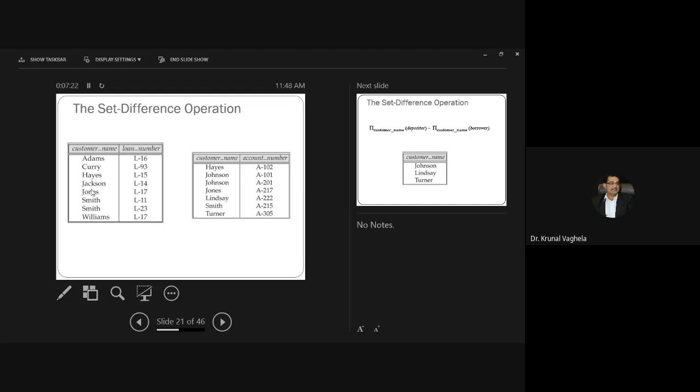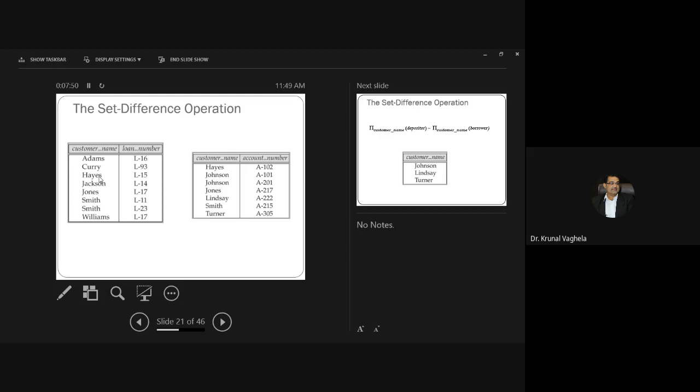Yes. Lindsay. Lindsay has an account but not a loan. Smith. Smith has an account. Smith has a loan also. Turner. Turner has an account but also has a loan. So Johnson, Lindsay and Turner.